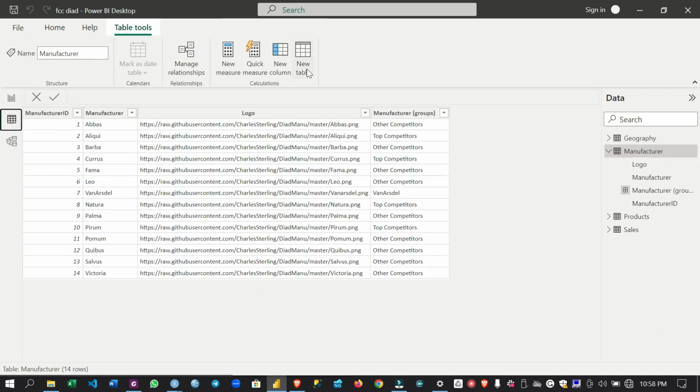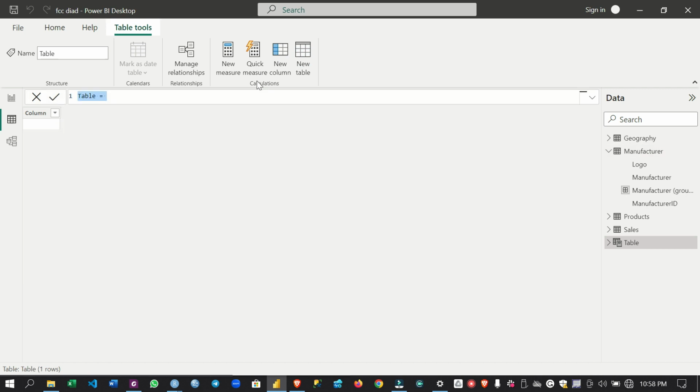This is called a calculated table. I'm going to click on new table and use my DAX expression to create it. I'm going to call this table calendar, or I'm just going to call it date. It's going to be equal to, and I'm now going to use the CALENDAR function. The calendar function asks me to give my start date. So my start date now is going to be